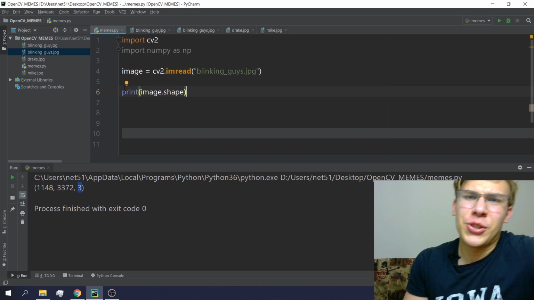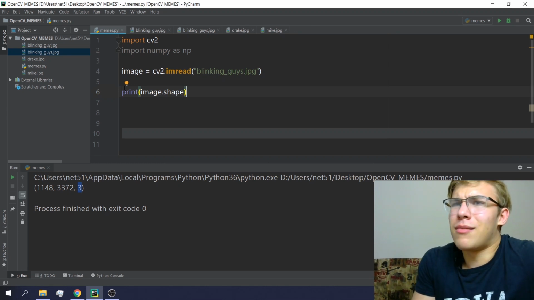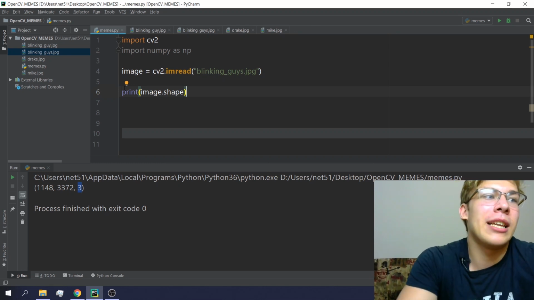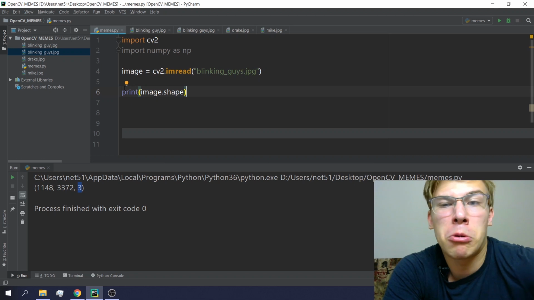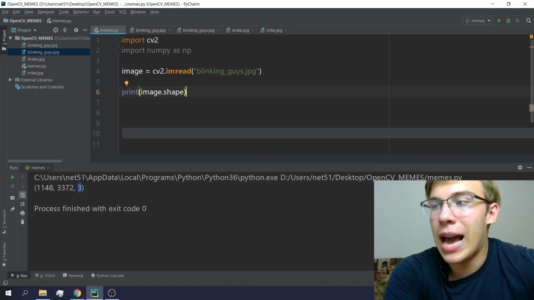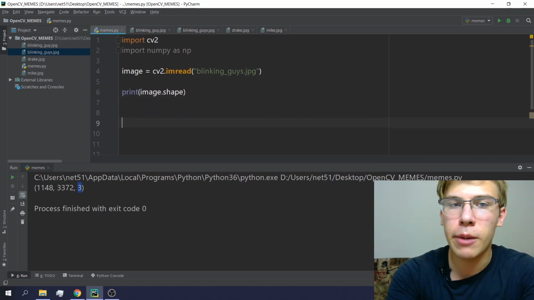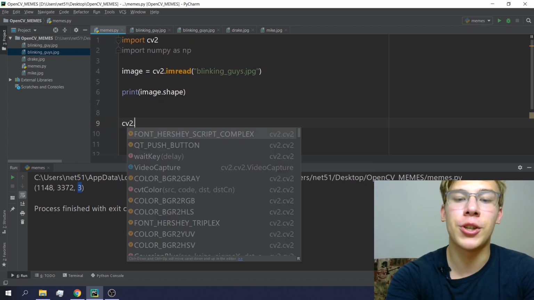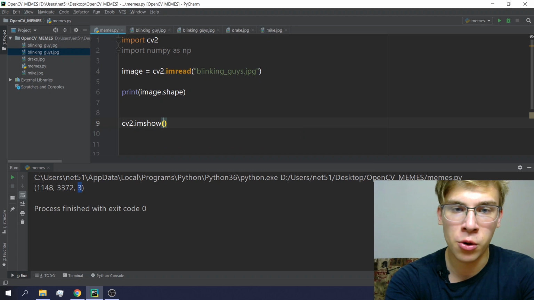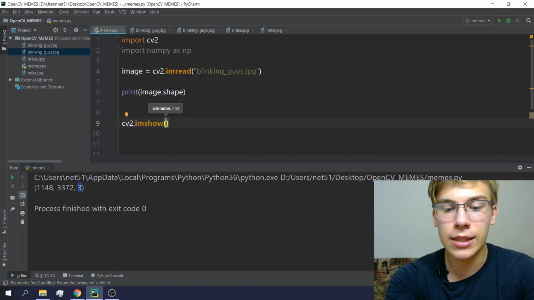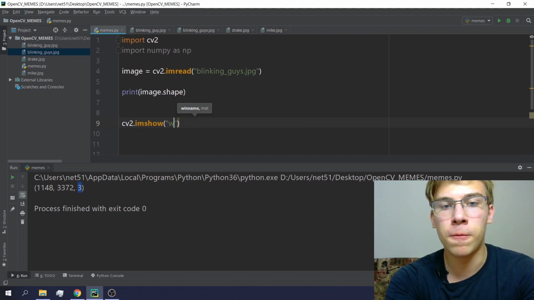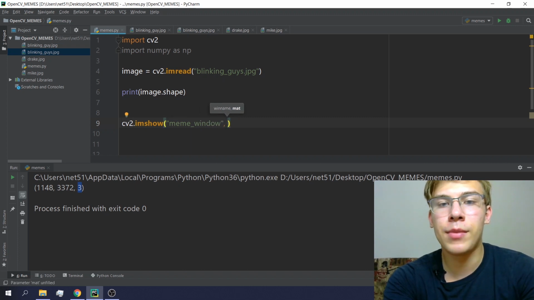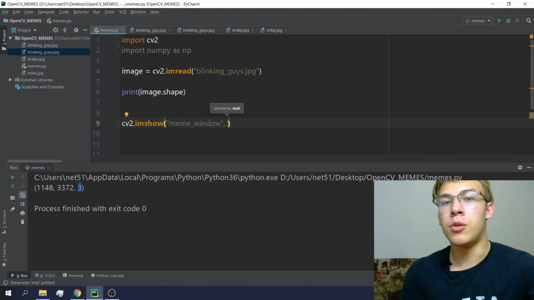So yeah. Now, we've loaded the image into a Python variable, into the NumPy ndarray. Now the question is, it's kind of cool, but what's the point of that? We've got the image in a variable, so what does that do? The thing is that we can actually display the image with OpenCV, and it's really nice. We can use the function imshow, image show in other words, that takes the window name, we'll call it meme window, and that takes the actual image that we want to display,